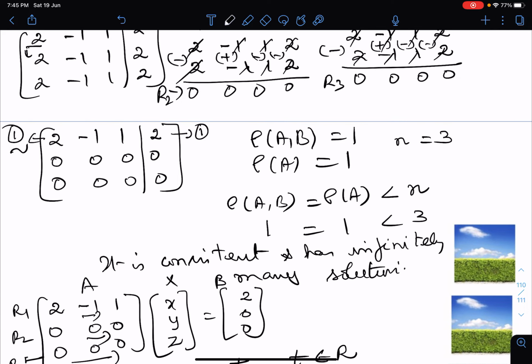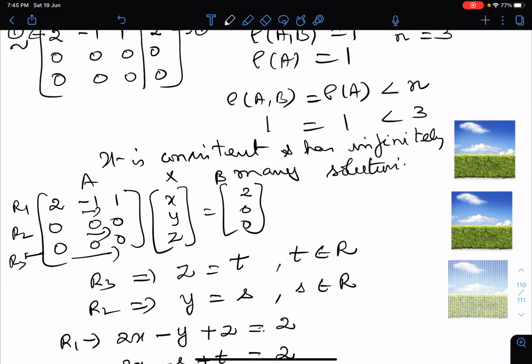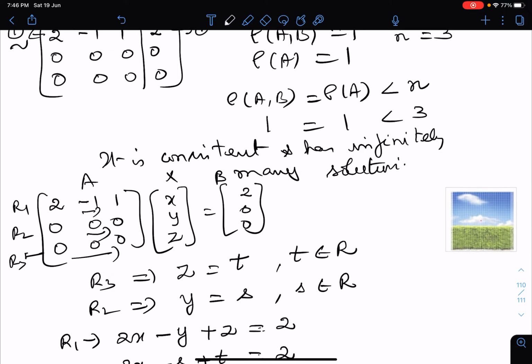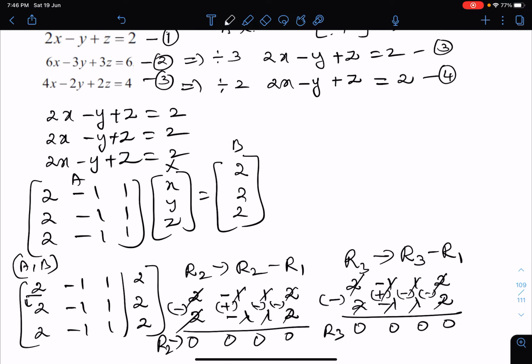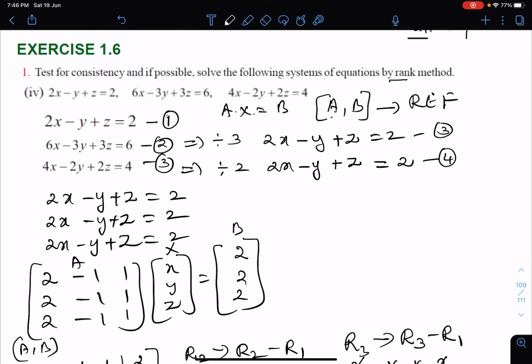For this you can take 3 pages. When you paste all 3 pages one above the other, what will happen? All the 3 pages intersect in all the points, isn't it? They have an infinite number of points as solutions because they are pasted one above the other and are of equal size. So you get infinitely many solutions. This is the condition we are going to arrive at here also, because all the 3 equations are equal.